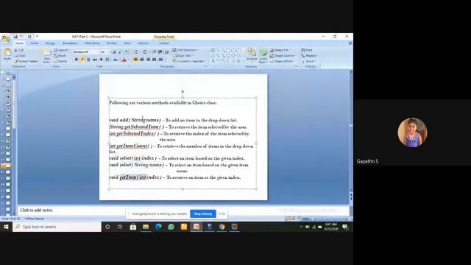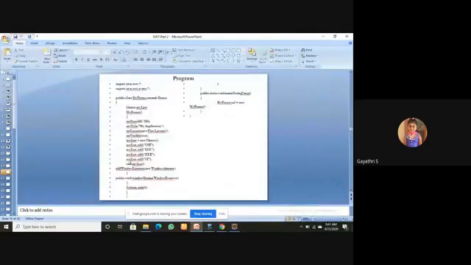So a lot of methods are available in the choice class. The choice class is the way of creating a drop down list in AWT, and this is the program. See here, my list equal to new choice. A very simple code to create a choice box.